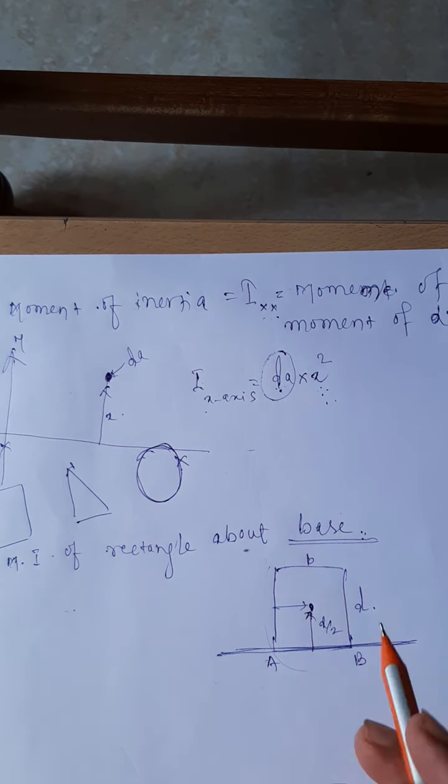I am starting by considering a small strip like this. Why am I taking a strip like this, and why not a vertical strip? If I take a vertical strip, I don't know the distance of that strip from the x line. If the horizontal strip is taken, the strip is located at a fixed distance y from the x-axis. Therefore, consider a small elemental strip of depth dy, which is negligible, at a distance y from the x-axis.